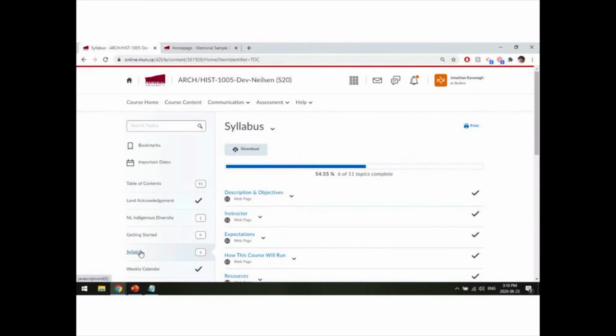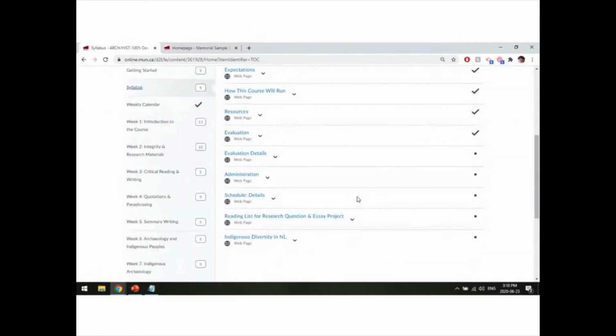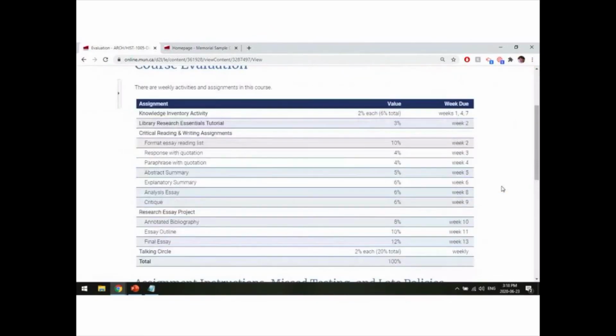The other thing I want to touch on here in terms of the syllabus is the evaluation. So if you want to click on that, Jonathan, and take us there. Yeah, so you can see in my course that the evaluation is listed out very clearly. It tells you what each assignment is, what week it's due, and what the percentage is, what the assignment is worth, what the value is. So what I would say, just as a piece of advice, is that at the beginning of the course, you sit down and go through this information and note all the due dates, note the value of each assignment, and then think a little bit about the kind of effort that you're going to be